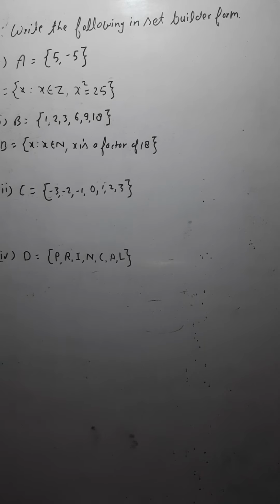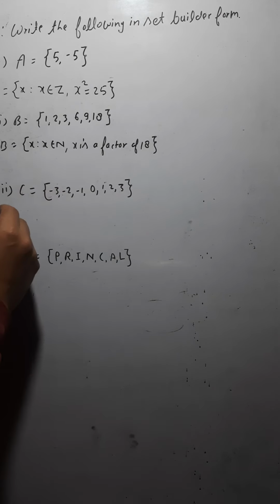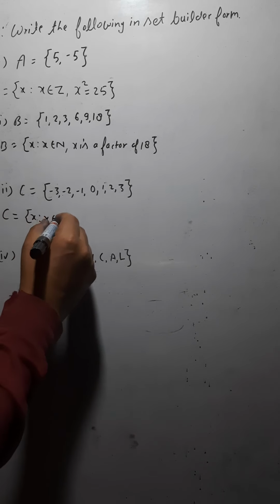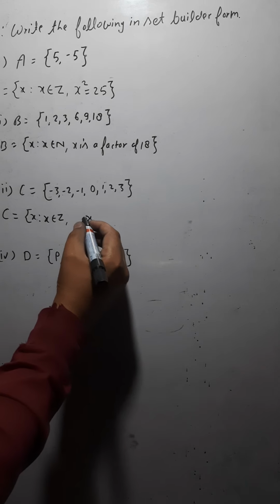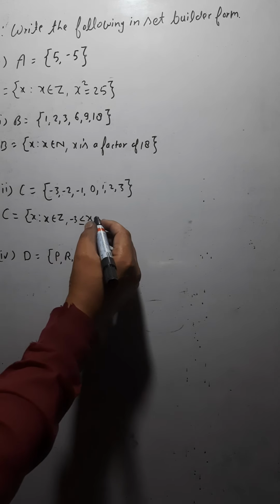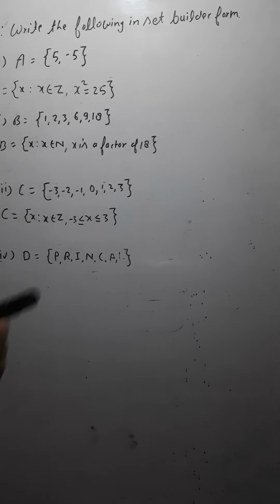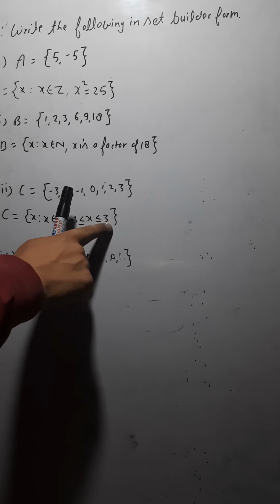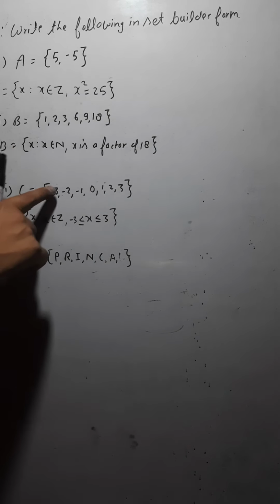Now we have the next question. You have the set C, and the set C contains the following elements: -3, -2, -1, and so on. These all are integers. So again you can write, you have the set C which contains the element x such that x belongs to the set of integers. But this is not the complete information about this set. You would have to limit it. So you can write where x is greater than or equal to -3 and less than or equal to 3. This is how you would limit it, because all the elements which are greater than or equal to -3 and less than or equal to 3 are included here. Getting it or not? So this is how you would represent the given set in set builder form.